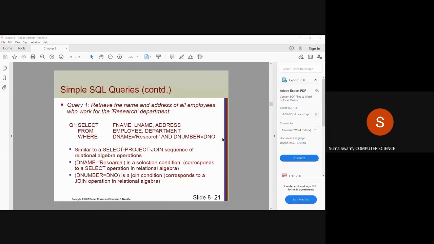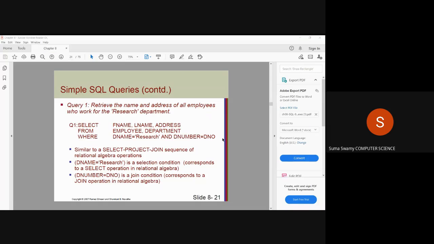We know that for writing a query, we use the select command. We write the attributes which are to be retrieved. We know that we require the name and address. So we write the attributes F name, comma, L name, comma, address. Now we know that we require 2 tables. One is the employee table, which retrieves F name, L name, and address.